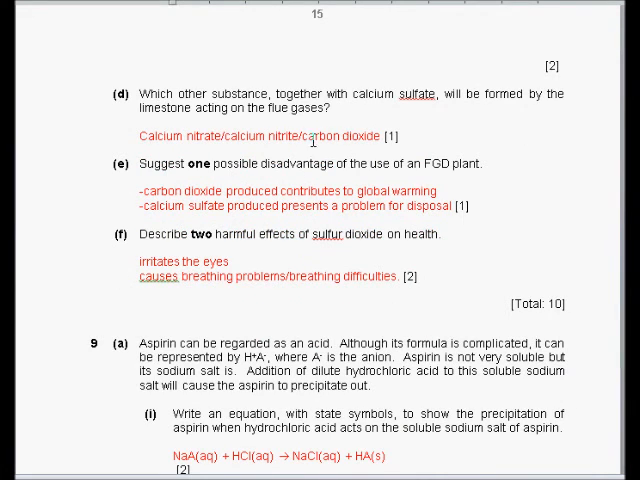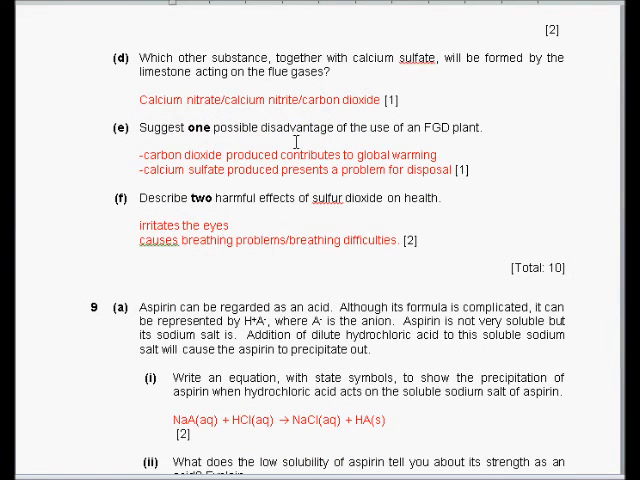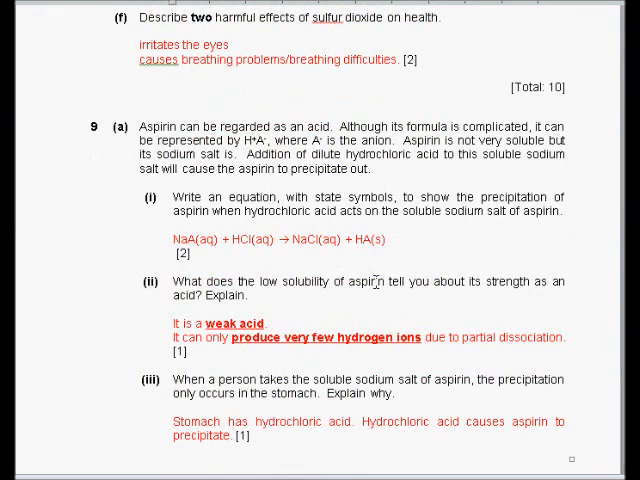This one is all quite straightforward. One possible disadvantage, anyone? Two harmful effects of sulfur dioxide on health, straight out from the textbook, from the mind map. Now for number 9,